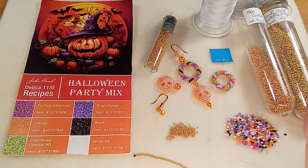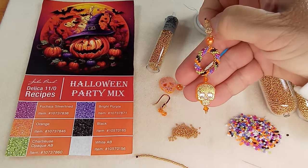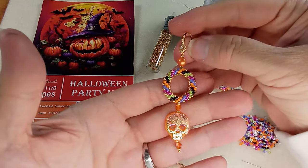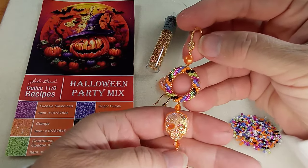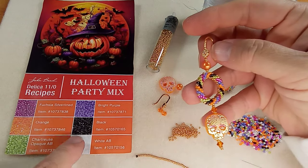Hi everyone, Emma here. I'm so excited to show you how to make this lovely earring using the bead recipe that we got from Lena Gillespie at John Bead. So big thank you to Lena Gillespie and to Kendall